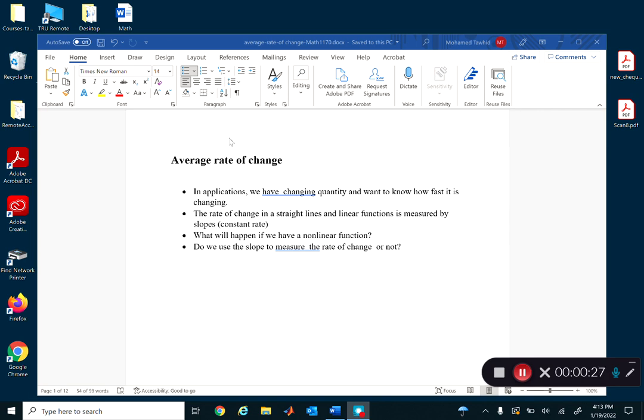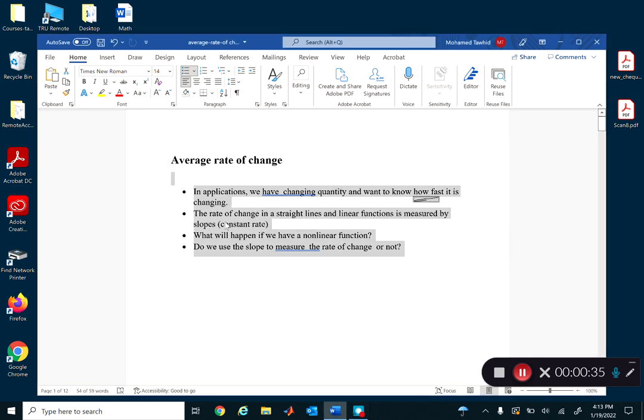In our applications, real life situations, we have changing quantities. The quantities keep changing, and we would like to know how fast. That is what we would like to know, how fast the change will be, or how to measure the change. So now if you have a straight line, for example, if you have the equation of a line,